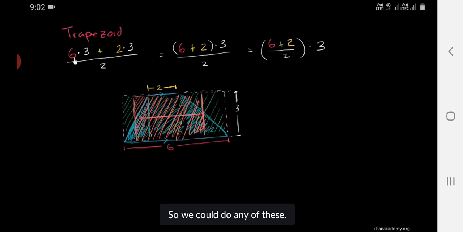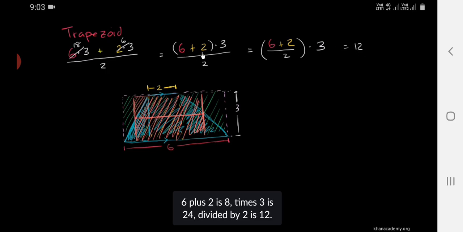So we can do any of these. 6 times 3 is 18. This is 18 plus 6 over 2. That is 24 over 2, or 12. You could also do it this way. 6 plus 2 is